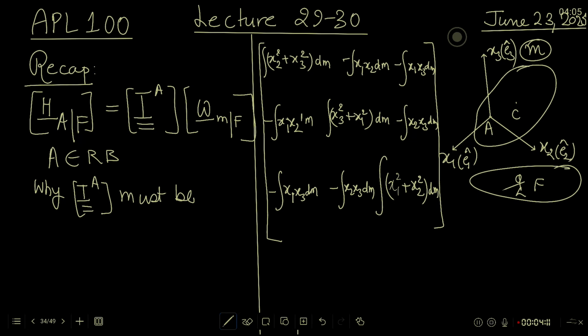So the last topic in the previous class, I want to recap, I want to remind you where I stopped. I gave you the proof, or at least how the proof can be obtained. I did not write all the steps, but I showed you the roadmap how you can prove that this decomposition